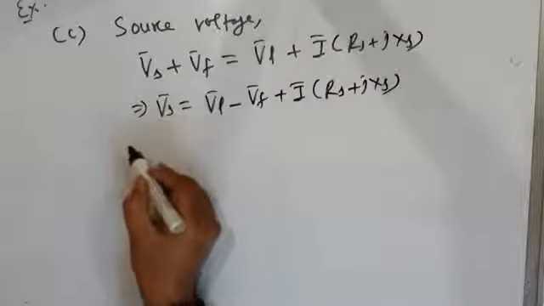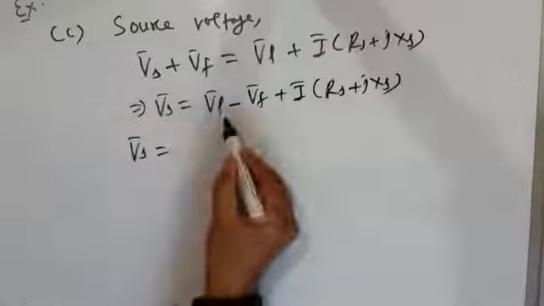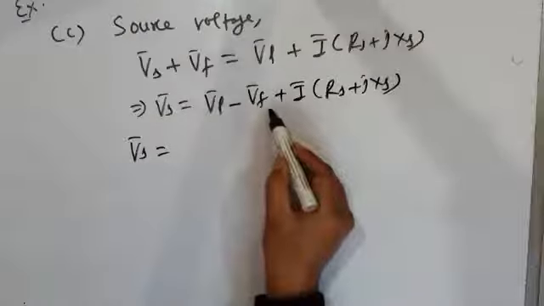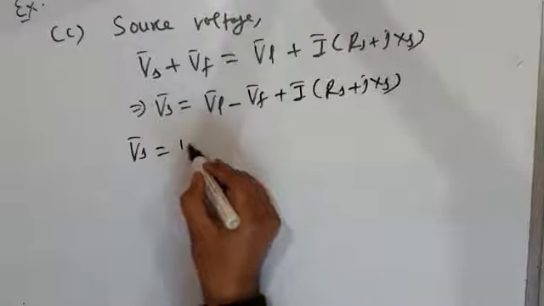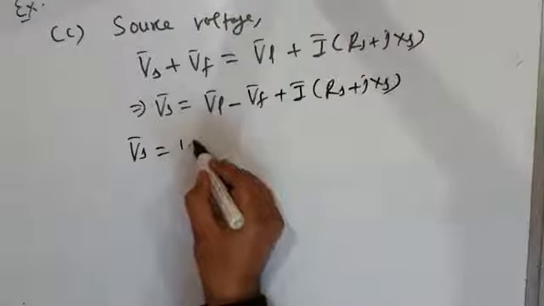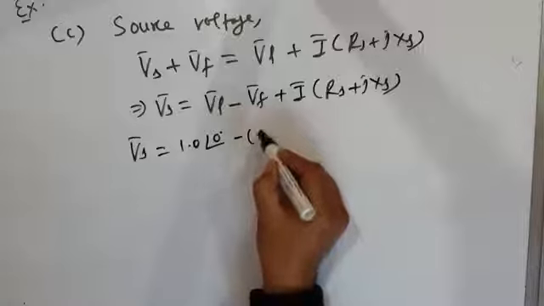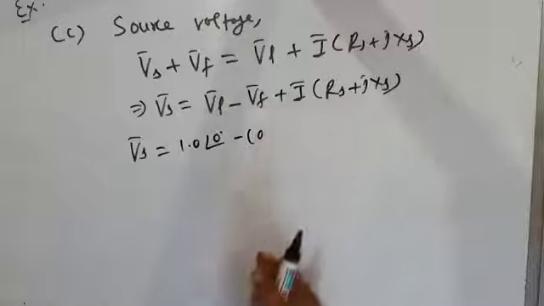Okay, substitute कर लीजिए. Your source voltage is load voltage. DVR ने load voltage source voltage के बराबर बना दी और 1.0 at an angle of 0 degree minus VF. VF अभी थोड़ी देर पहले आपने निकाला, माइनस VF कितना है